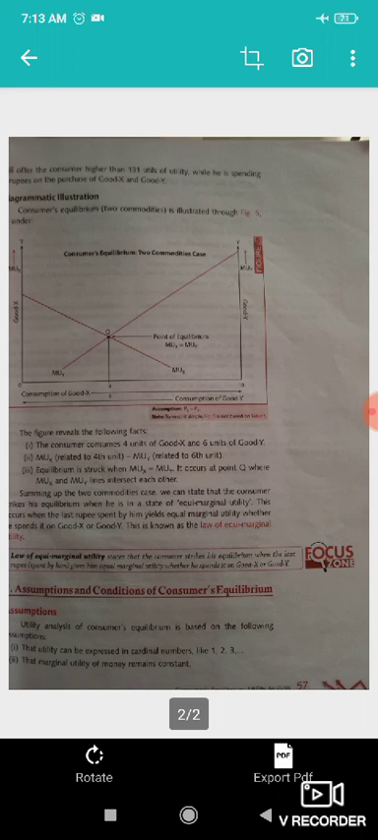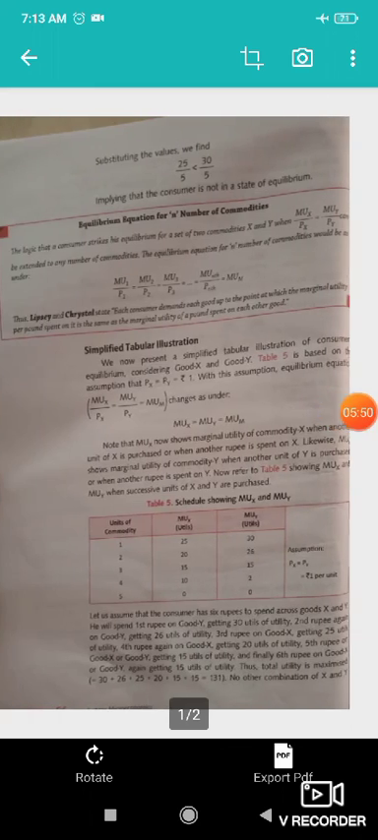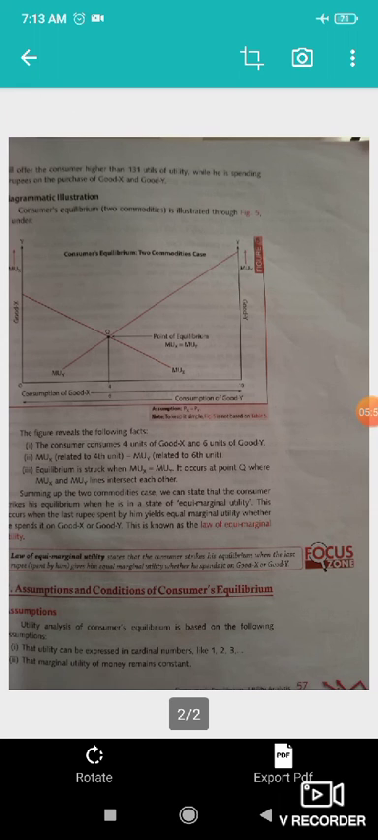I hope this is clear to you. We have studied the two commodity case, when a consumer can strike the equilibrium. The formula you have seen: MUX upon Px is equal to MUY upon Py is equal to MUM. So this is the graph for the two commodity case. I hope this much is clear to you all. Okay, so this is the graph, and